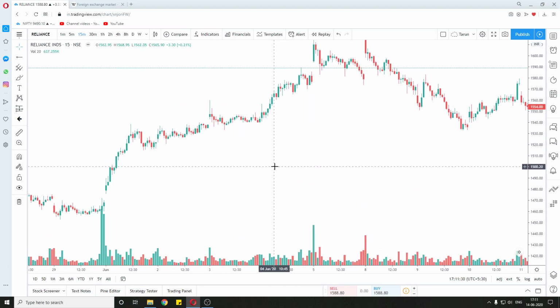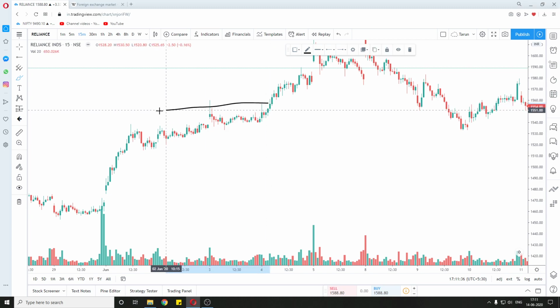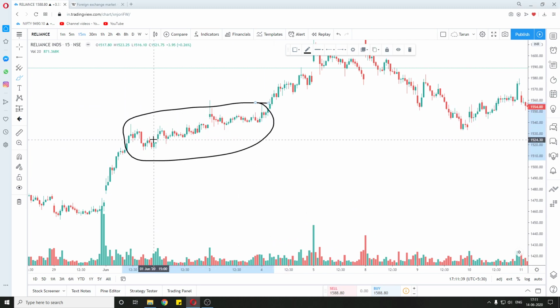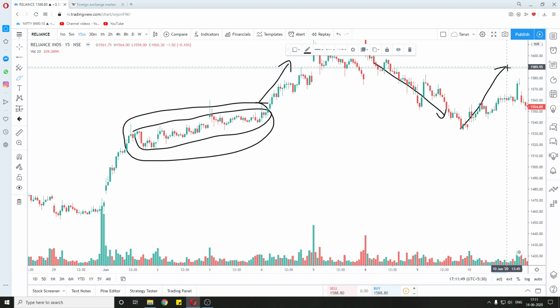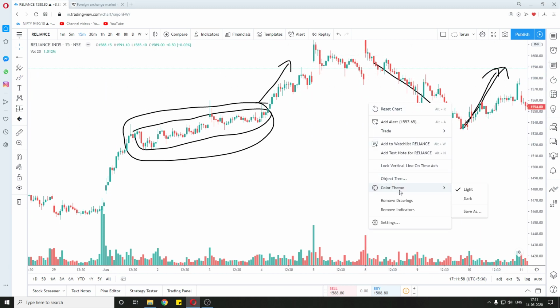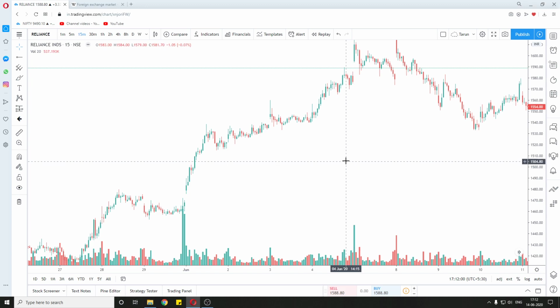Because if the big players push the price up, they will defend their position. Why is that? Because they don't want to make any loss. So if they bought a lot of shares here and the price went up after that, now when the price comes down, they will start buying again. They are big players, so they will defend their position and start buying the share, so the price increases again. And we can use this information to our benefit.